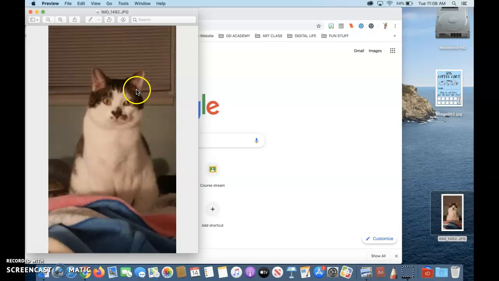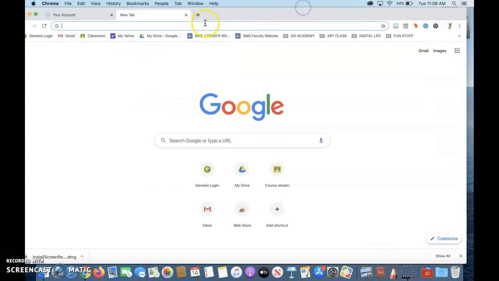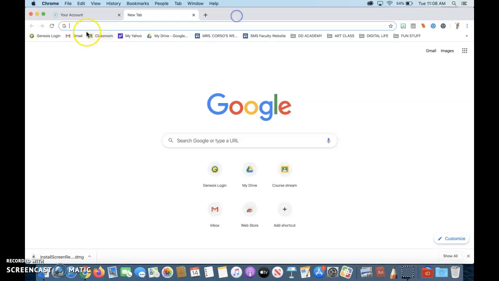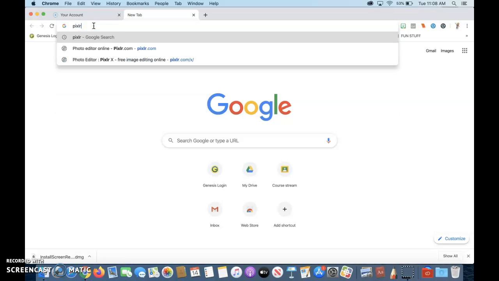So when you crop it, you want to try to zoom into the face. You don't want a lot of background. You want to get a nice close-up shot of your subject's face. So we're going to be cropping it 8 by 10, decent high resolution, and ready for printing. So we're going to use a program called Pixlr, P-I-X-L-R,